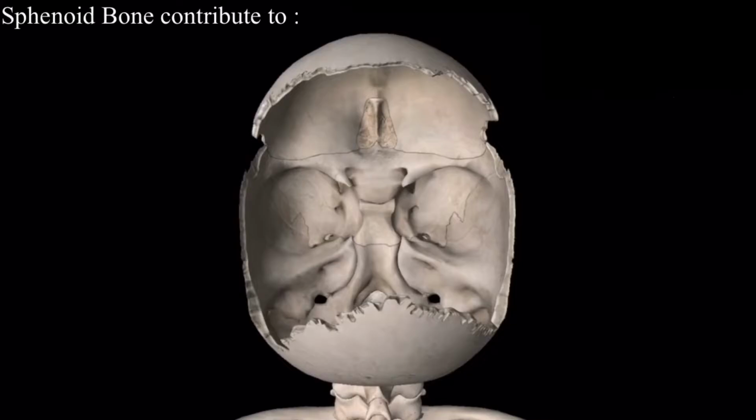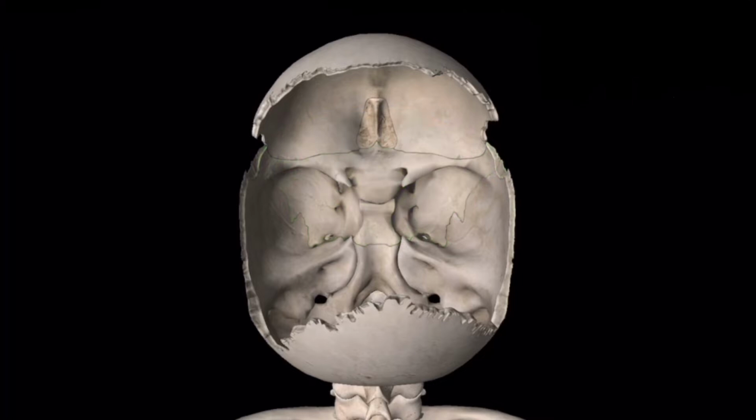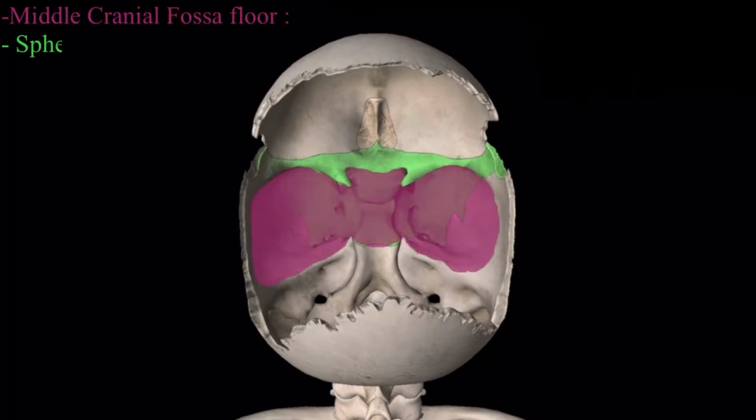The sphenoid bone has a contribution in making the floor of the anterior cranial fossa and the middle cranial fossa. This is the floor of the anterior cranial fossa, and this green is the sphenoid bone. And as you can see, it has a contribution in making the floor of the anterior cranial fossa. Same, this hole is the middle cranial fossa, and this green is the sphenoid bone contributing to the floor of